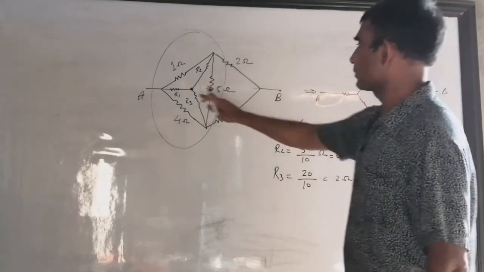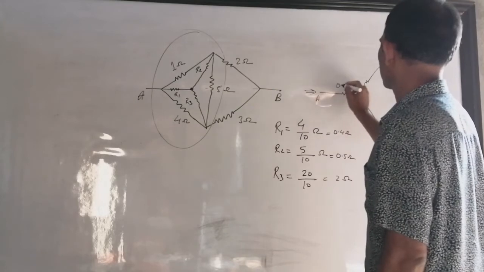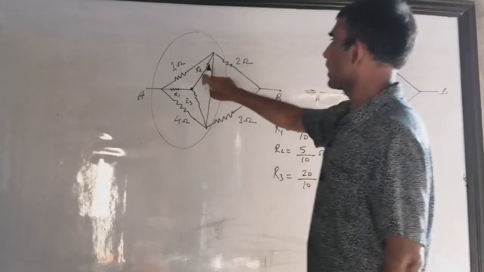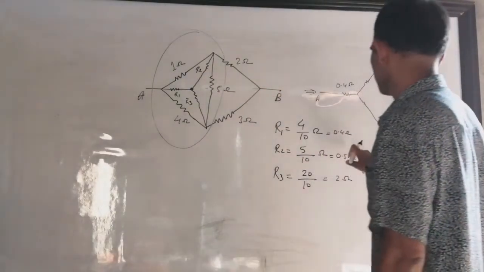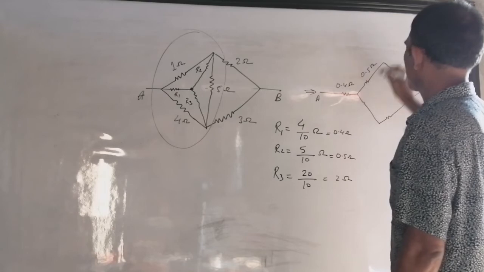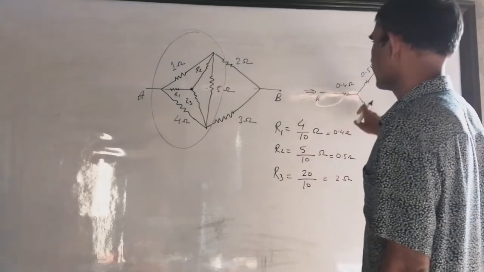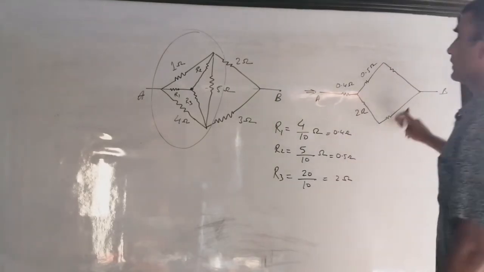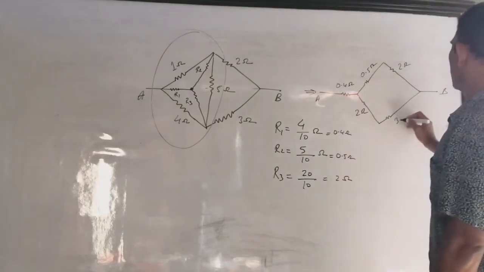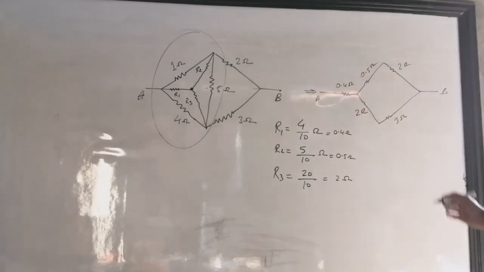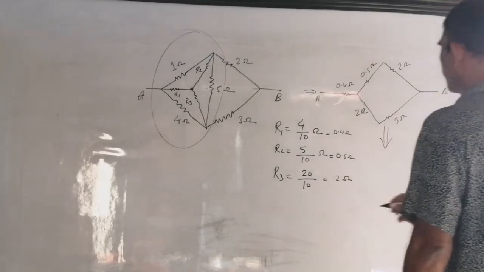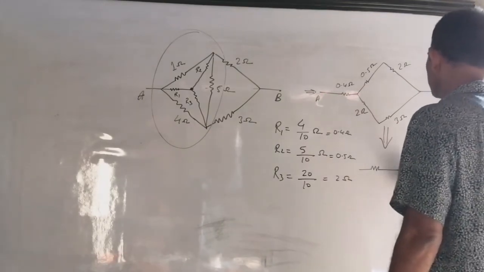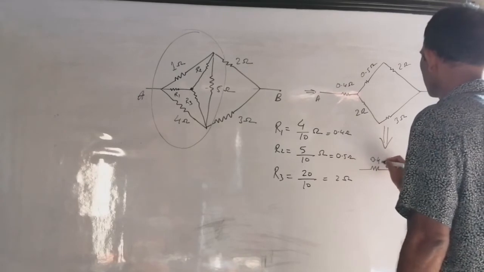And this resistance was R1, and so R1 is our 0.4 ohm, and this resistance was R2, and so R2 value is 0.5 ohm, and the third resistance was this, and this we got as 2 ohm. And next, this is the 2 ohm, this is the 3 ohm, and so now what is left with this question? Nothing. You are learning from the beginning, and so I am sure that you can do this very easily.